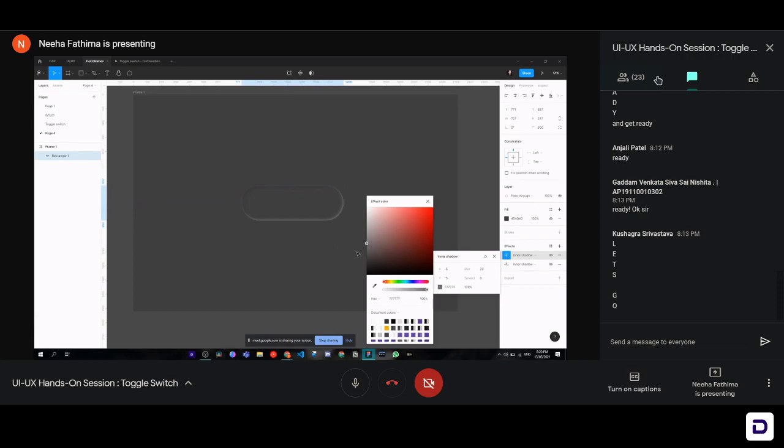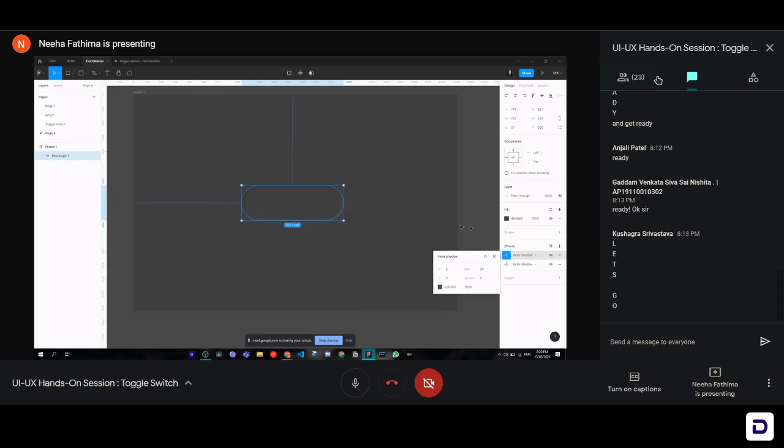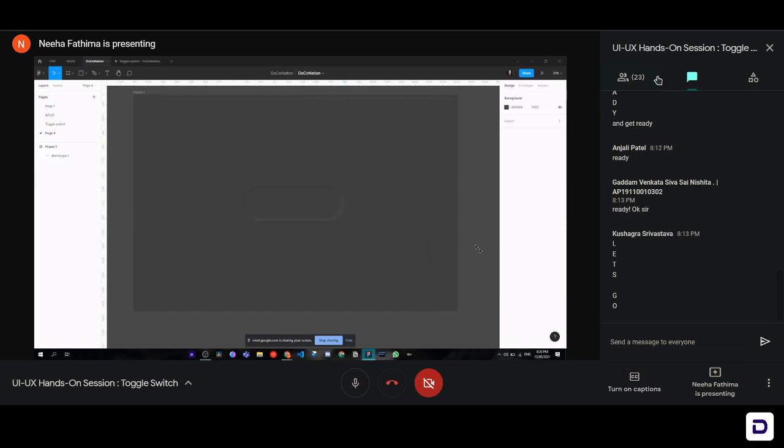So now you can see there's a bit of a proper effect that you can see properly over there. So now we have it. We have that little neumorphic effect that we were looking for in the button, right? So now we've got that.